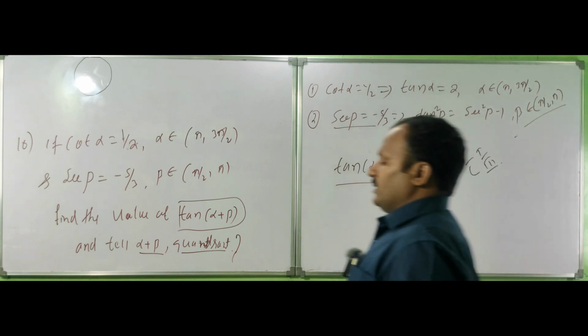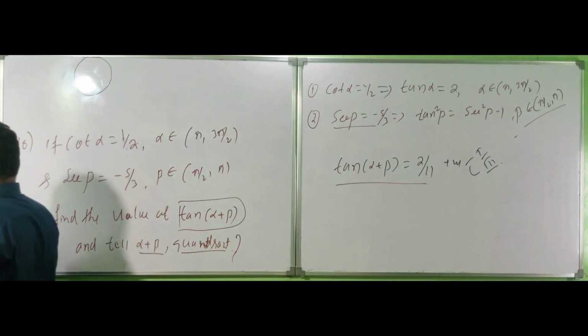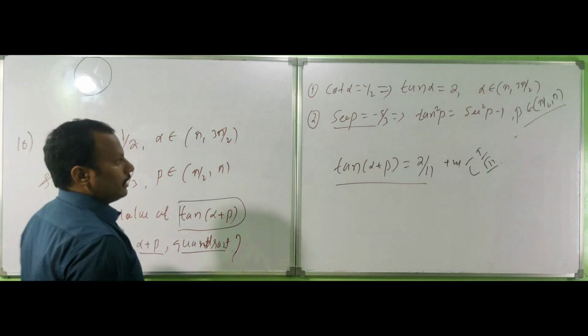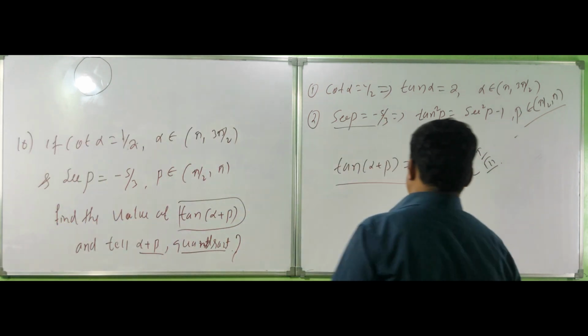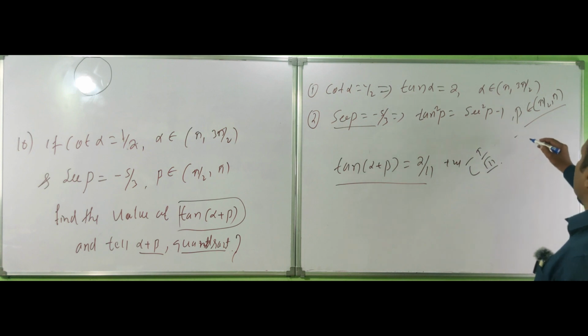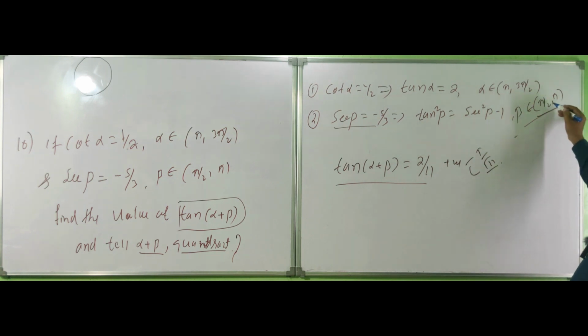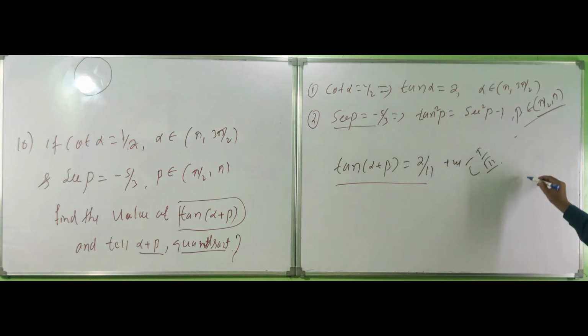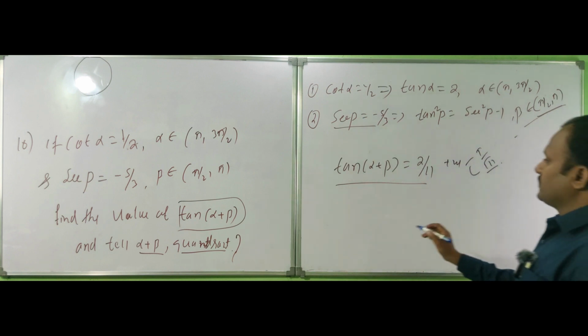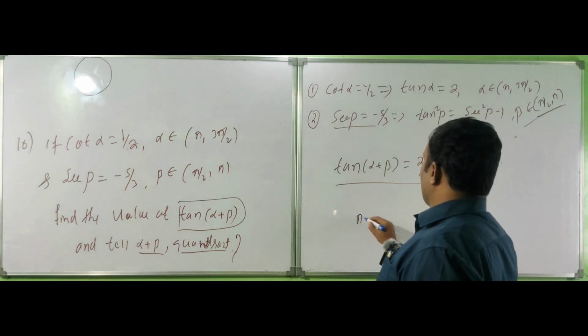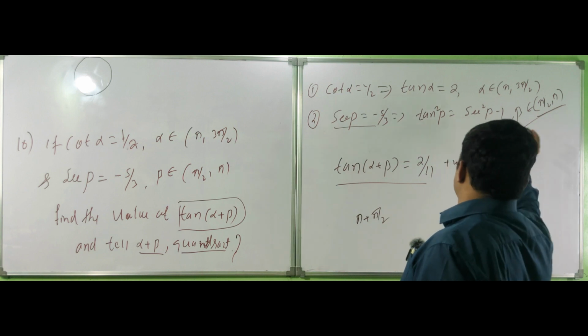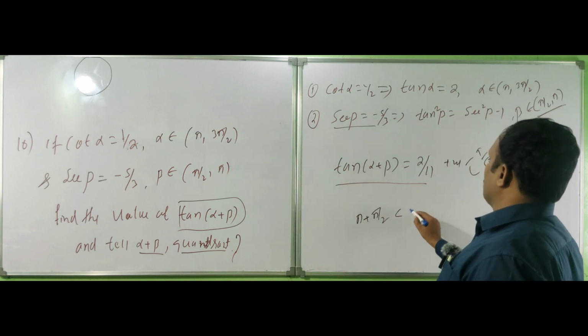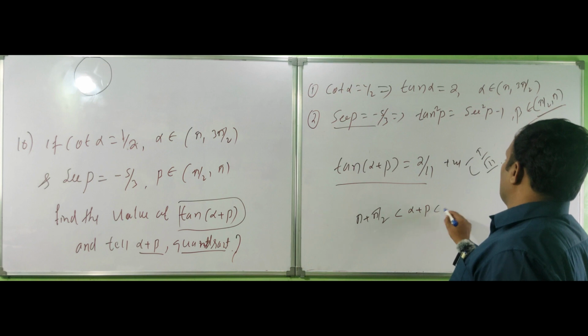Alpha plus beta is the total. This stands here, this is pi by 2 plus pi, and pi to pi by 2. Somewhere here the angle is pi by 2. I am taking this one, considering pi plus pi by 2. The value lies between pi by 2 and alpha plus beta, less than